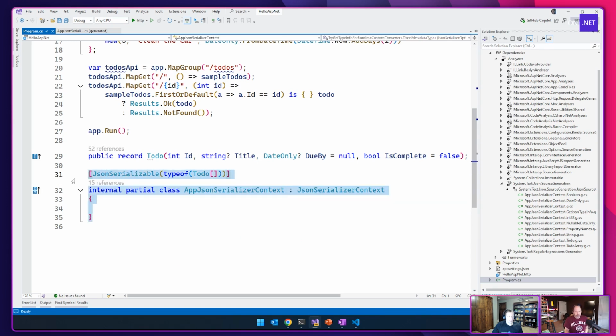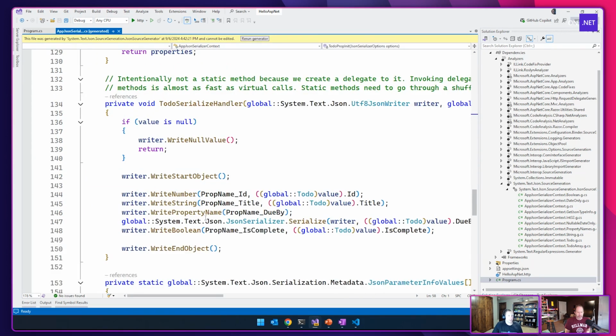Yep. Source generators are Roslyn extensions that you can use to recognize patterns in your code. Like in this case, it derives from this class, has this attribute, and then you can generate more code into the project to be used.